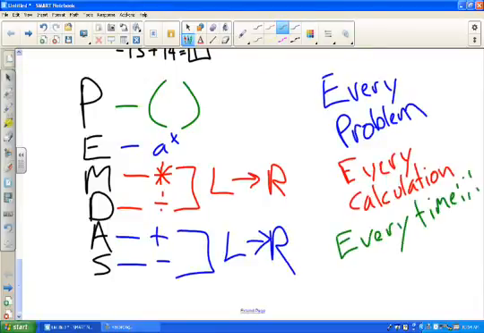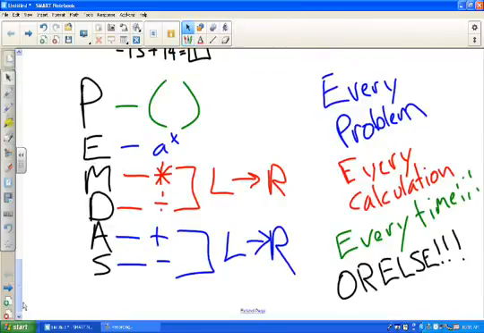For multiplication and division, we go left to right. Adding and subtraction, we go left to right. For every problem